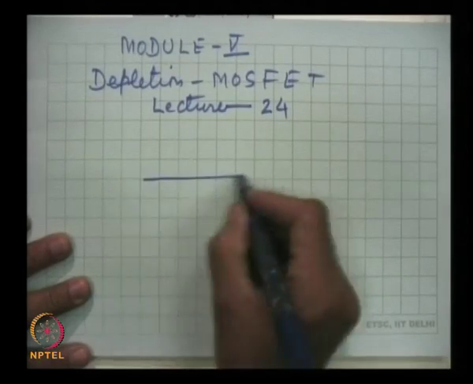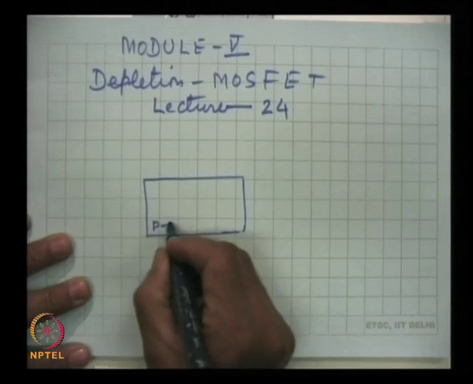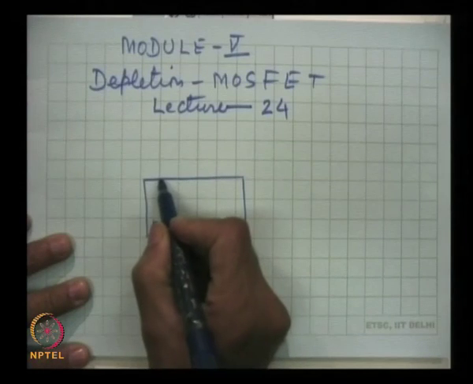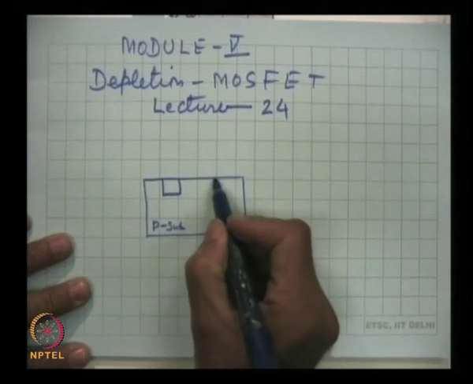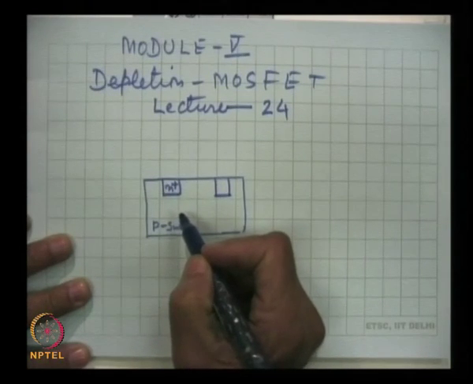Continue our discussion on the depletion MOSFET. Just to remind you of what we have done so far: the construction of the depletion MOSFET, D MOSFET, was that we took a P type silicon, P substrate, in which there were two heavily doped N regions. They are created by doping,